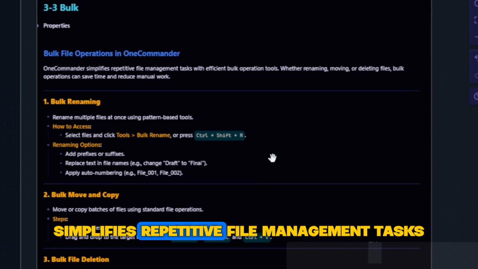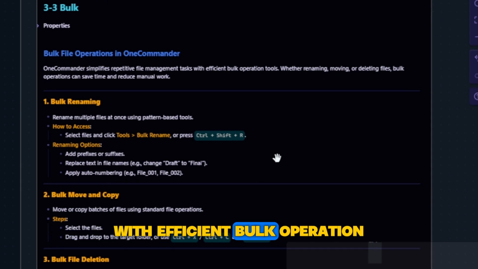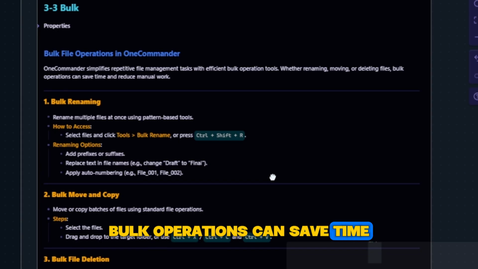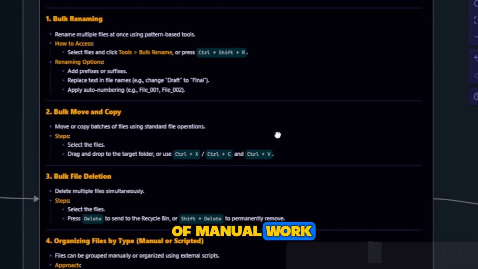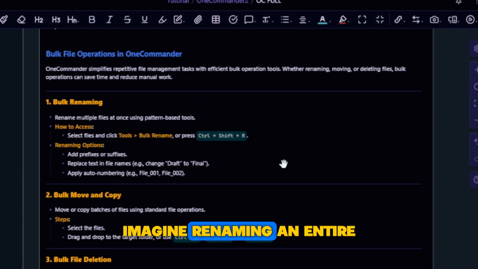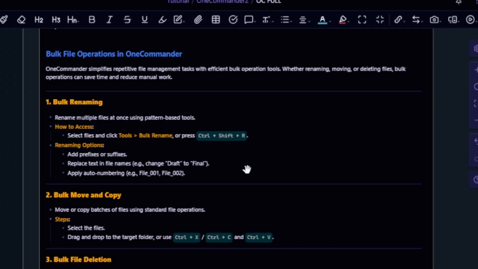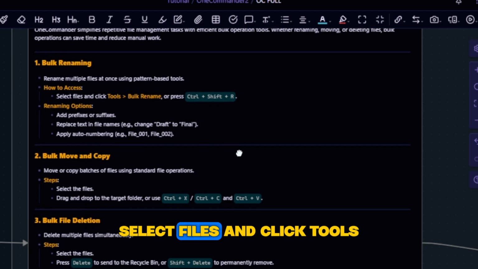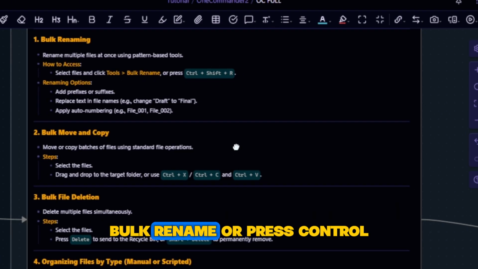OneCommander simplifies repetitive file management tasks with efficient bulk operation tools, automation. Whether renaming, moving, or deleting files, bulk operations can save time and reduce a lot of manual work. Imagine renaming an entire directory in seconds. Rename multiple files at once using pattern-based tools. Select files and click Tools, Bulk Rename, or press